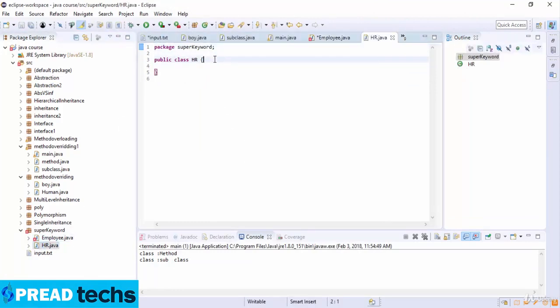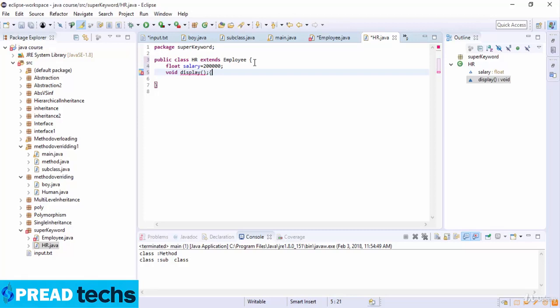Now in the HR class I extend Employee, and then here I take the salary as a float, which is equal to 2 lakhs. Now here I use a method which is display,